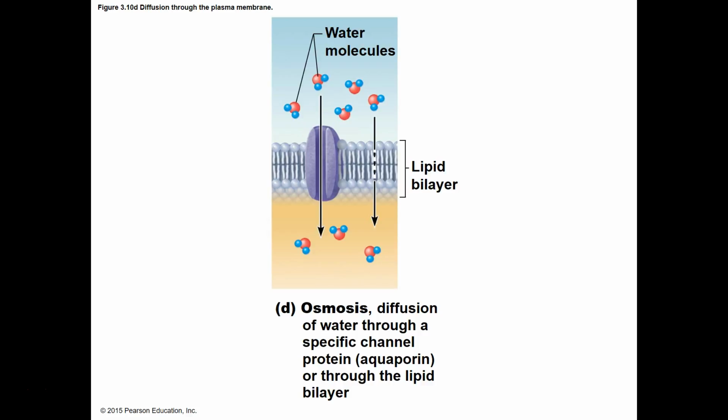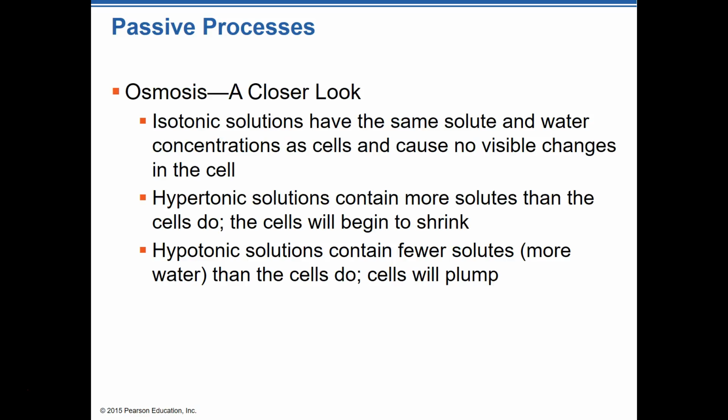So we can move the water molecules across the membrane when we can't always move the solutes, and then we can use that to try to balance the concentration of the fluids on the inside and the outside of the cell, which is kind of what Saul was trying to get to.